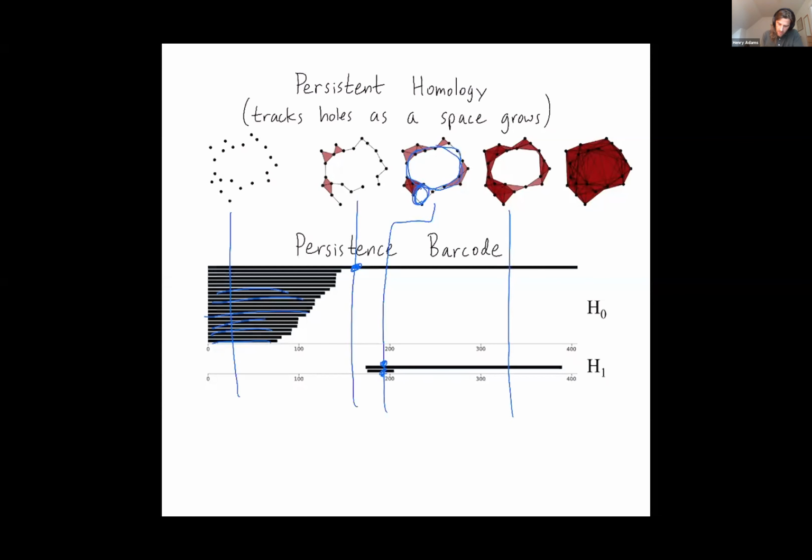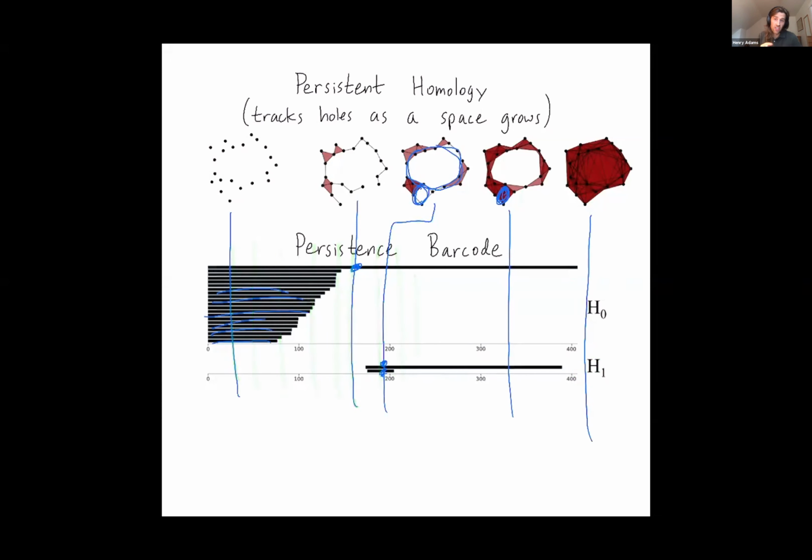At this next stage, you see that one of the loops fills in, and that's why this interval dies. And then finally, at this last stage, we have no more one-dimensional holes. So persistent homology is computable. It's computable because it's tracking topology at each point in time.